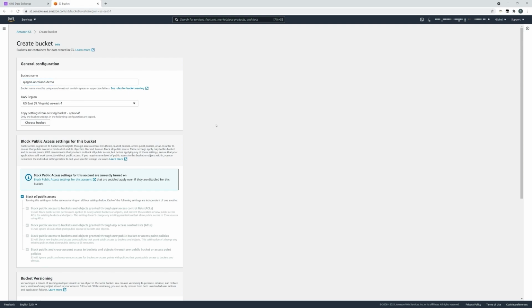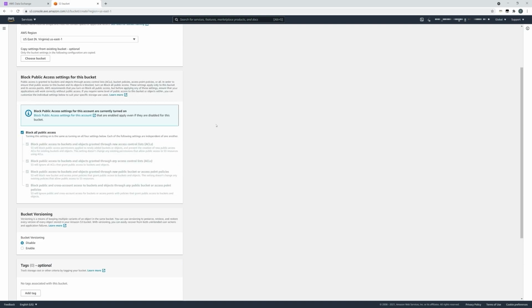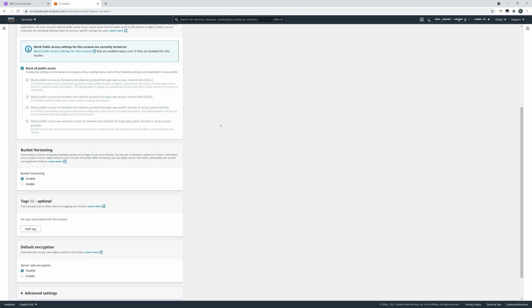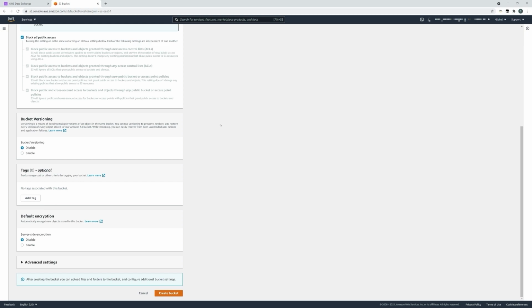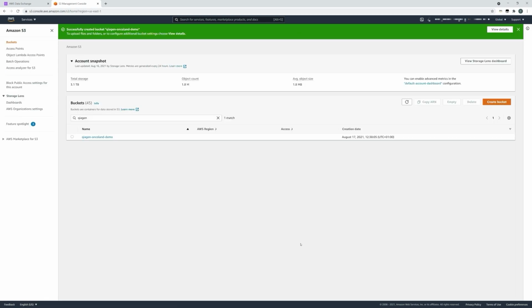When creating the bucket, we have other options around blocking public access to the bucket, and we'll leave this as default, blocked public access. We have the ability to add versioning to our objects within our bucket and tags so that we can effectively manage and automate actions associated with them. And equally, we can apply encryption on our bucket. We'll leave these all as default though and select Create Bucket. If that's been successful, we should see a green banner at the top of the page highlighting that we now have a new bucket.